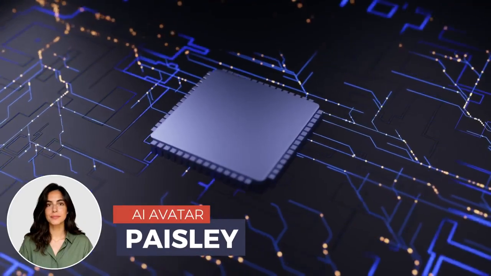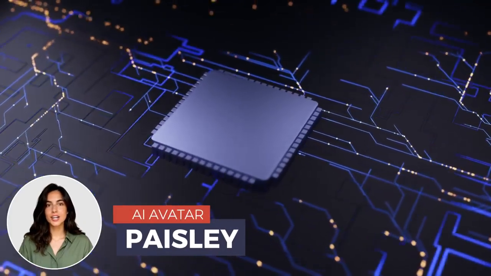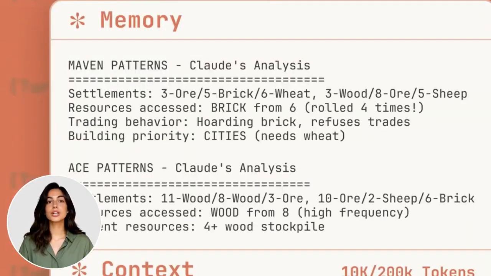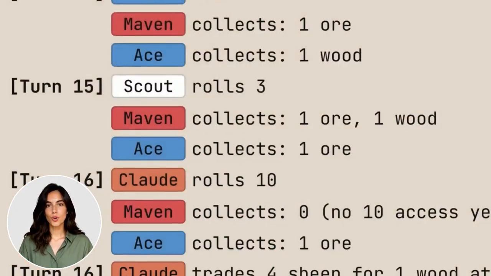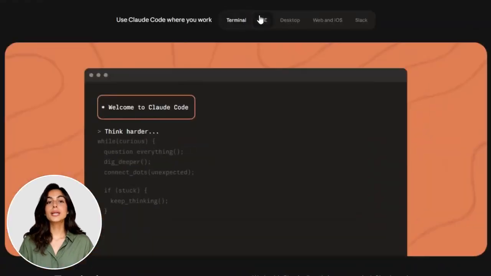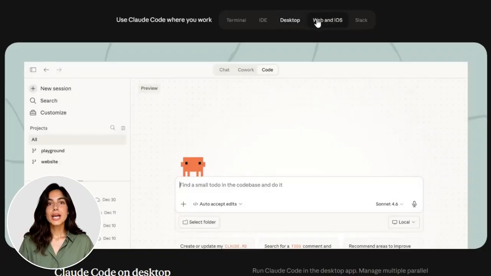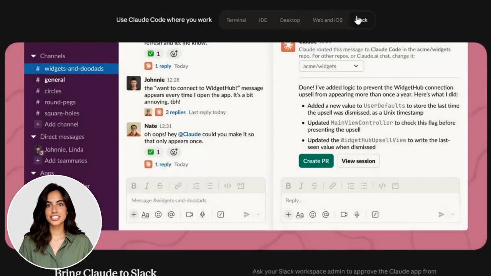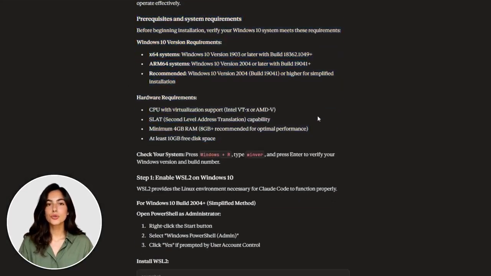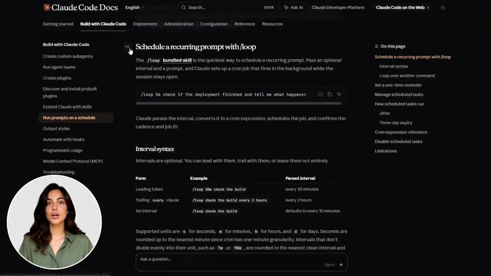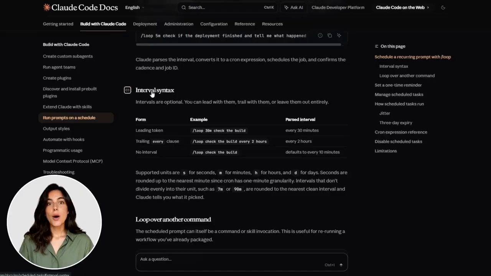in one click. I am Paisley, your AI educator, and today I am showing you how to supercharge Claude Code using a free open-source library of over 100 ready-to-use templates, agents, and skills. By the end of this video, you will know how to find and install them, how to automate tasks so Claude runs them without you, and the one security rule you cannot skip. Stay with me because the scheduled tasks section alone is going to change how you think about what Claude Code